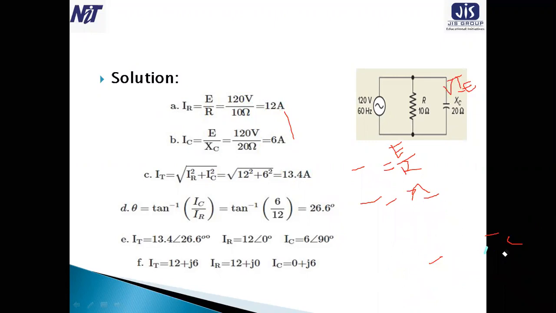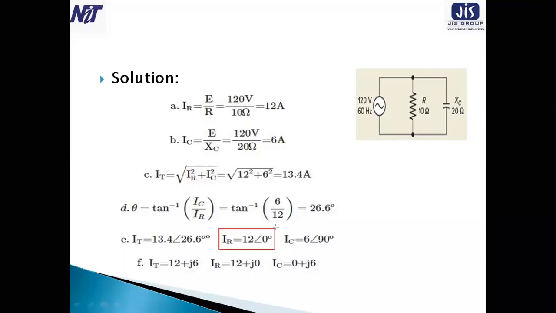So it is actually not so tough. Use your basic concepts from class 9, 10, 11, 12. That is sufficient to solve this type of problem. Now IT equals 13.4, and we need to convert it to polar form. You all know how to convert it to polar form. That is 13.4 angle 26.6 degrees. IR equals 12, because there is no angle, as IR is along the x-axis, that is along the voltage. So it is 12